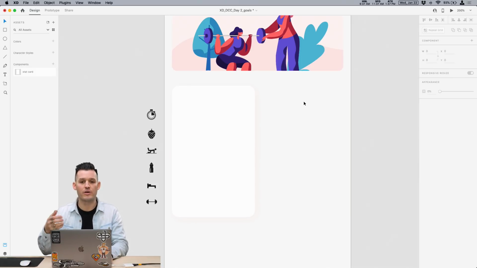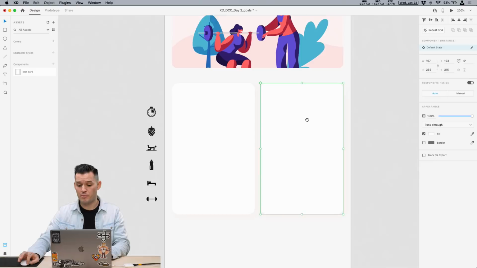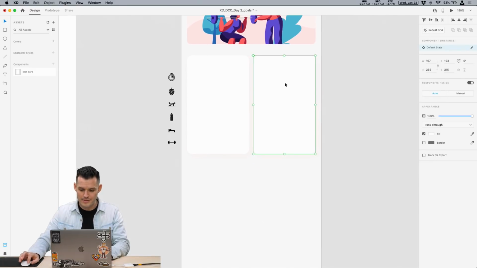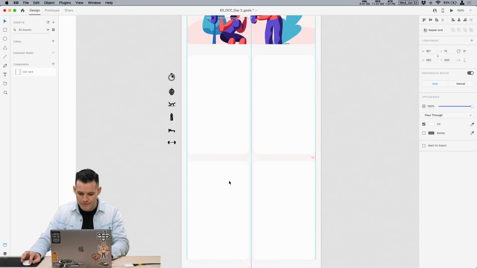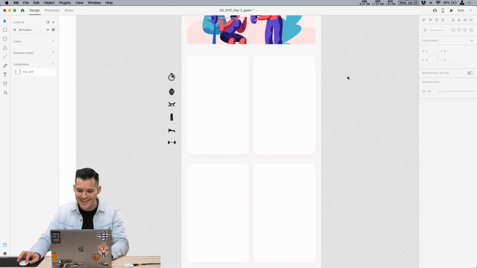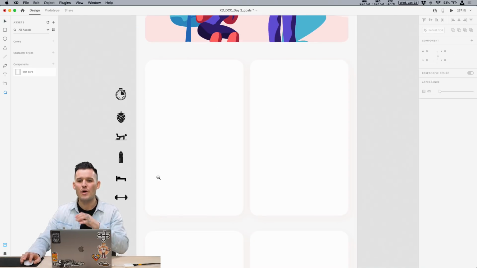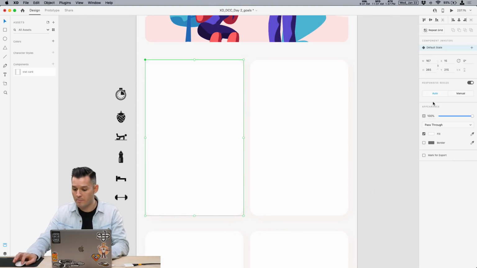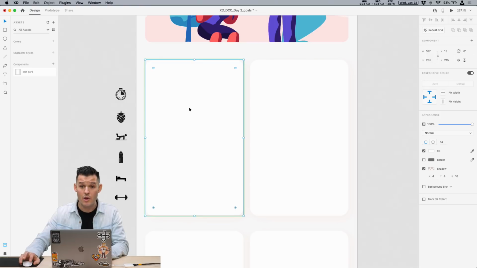So now we have a card. What's cool about this is, let's bring that card back. Let's say later on, I'm designing all sorts of stuff. I got lots of cards on my page, and I decide, oh, you know what? When they're all together like that, that card or that drop shadow is a little too intense. Or maybe I want to change my border radius. Well, I'm gonna click right here, and I can stretch them all out at once, and we're getting changes on